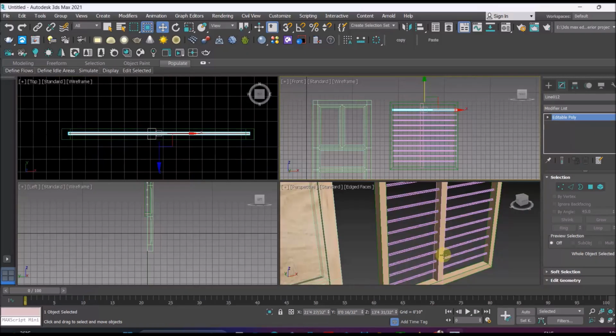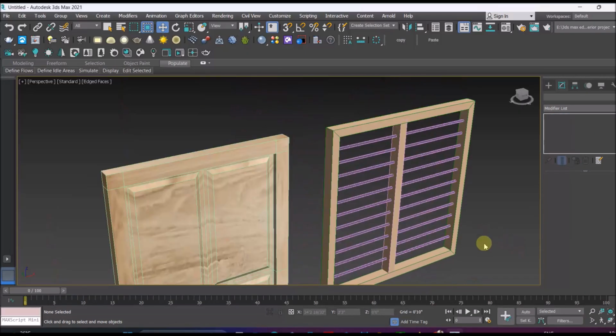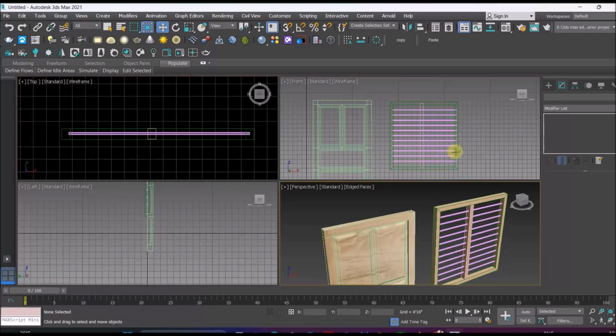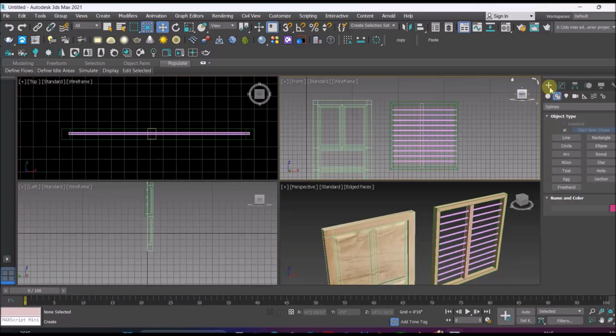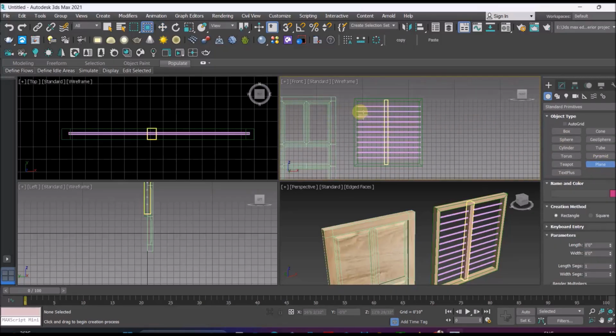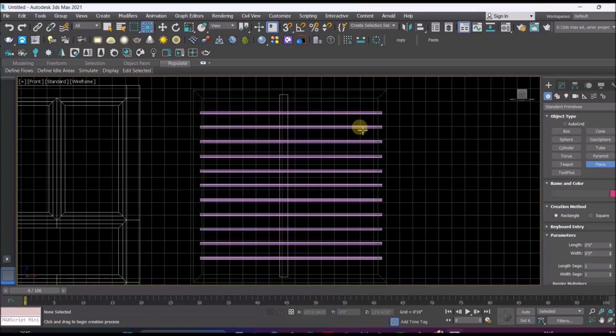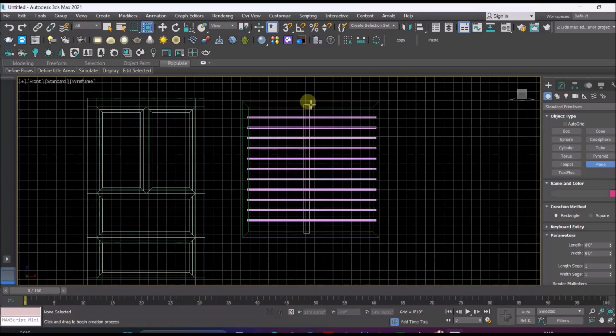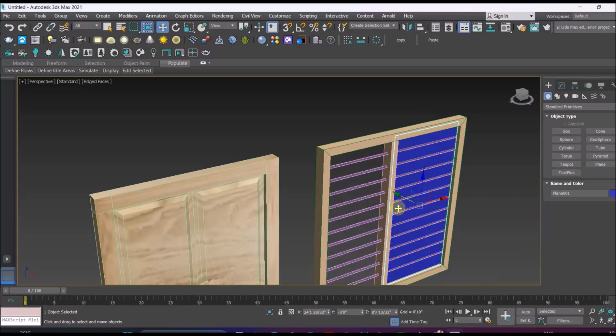For that we applied material also, and then from front view we can take multiple copies of that. Press shift and take a copy, we can give the number, okay. Then now we got multiple copies of that. Yes, now we created one window, and then next we can draw one plane